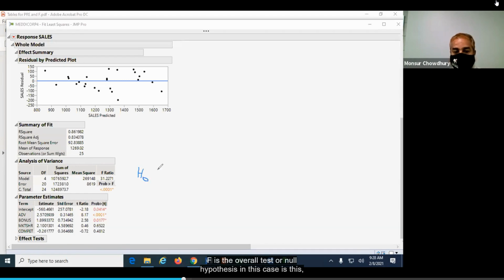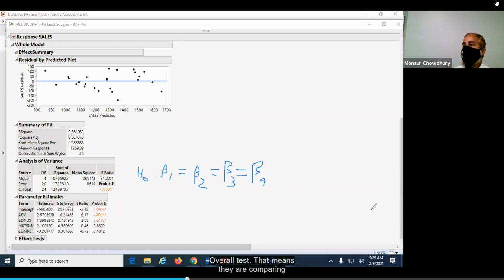So the null hypothesis in this case is beta 1 equal to beta 2 equal to beta 3 equal to beta 4. So it is an overall test, which means they are comparing the simple model against the whole model.